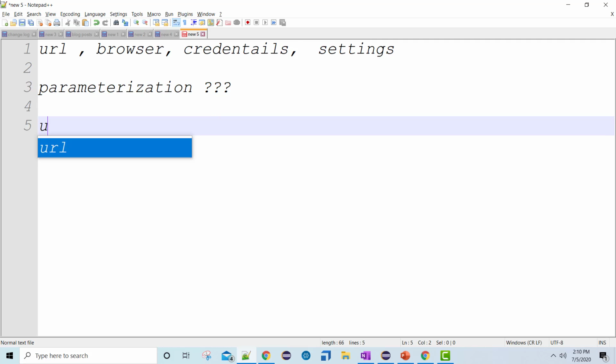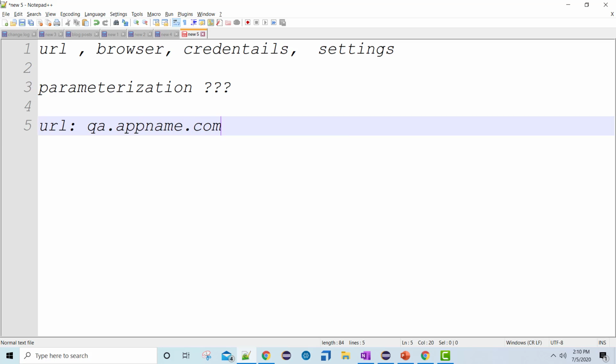Let us take a very simple example of URL. When you are developing this test automation suite, you might be developing it, let's say, on QA region. So your URL could be something like qa.appname.com, let's say. Okay, let's assume your URL is something like that.